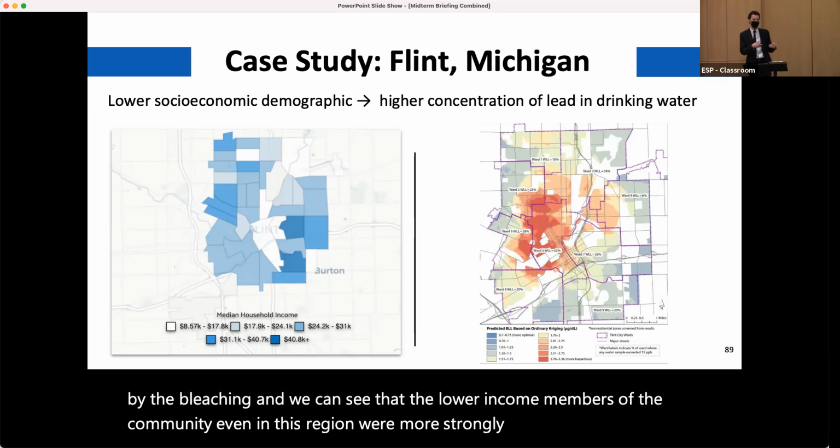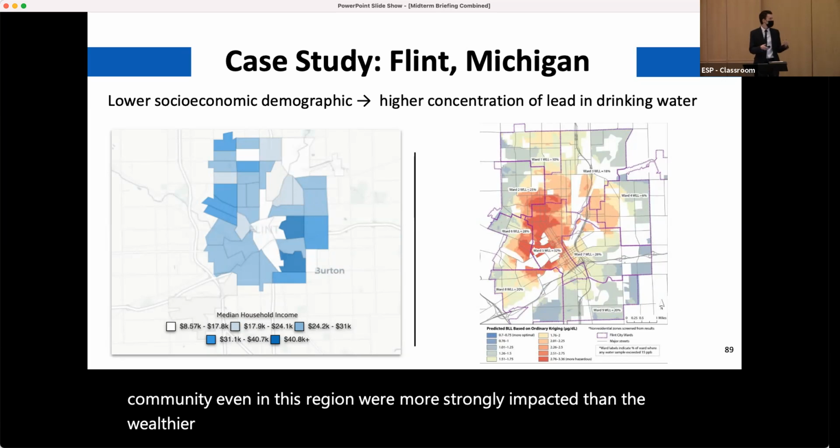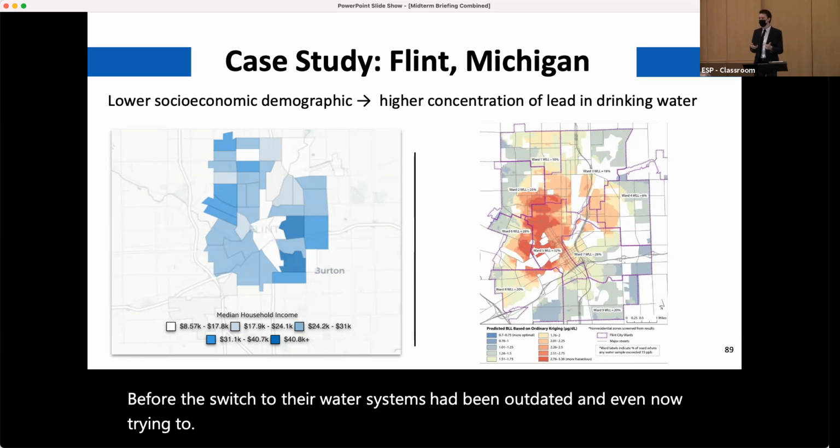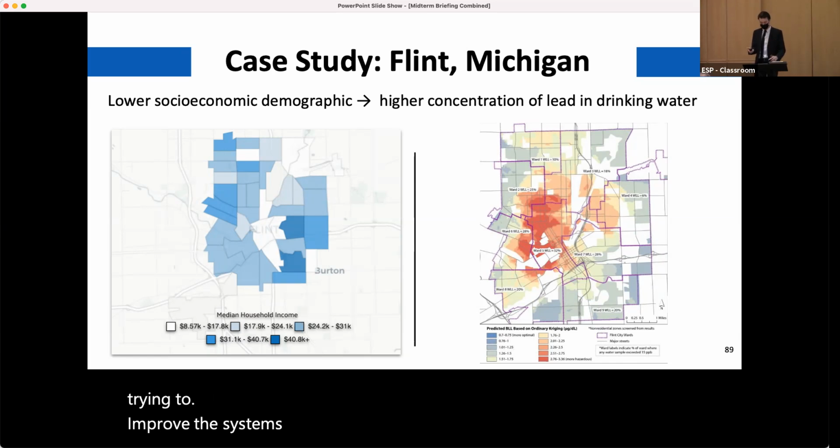than the wealthier communities, just because Flint didn't have access to a lot of political and economic resources before the switch. So their water systems had been outdated, and even now trying to improve those systems has proved especially difficult